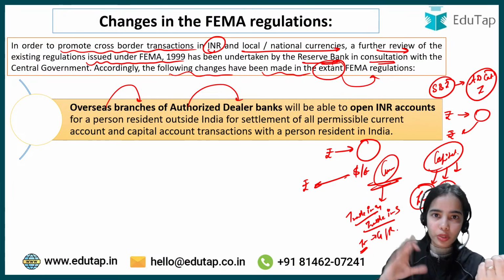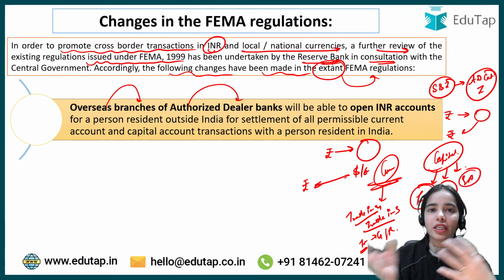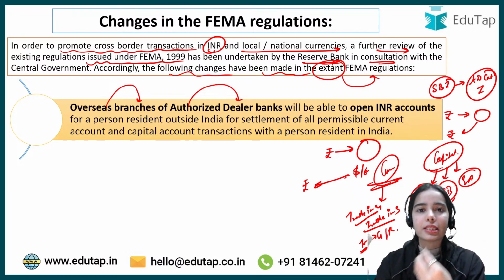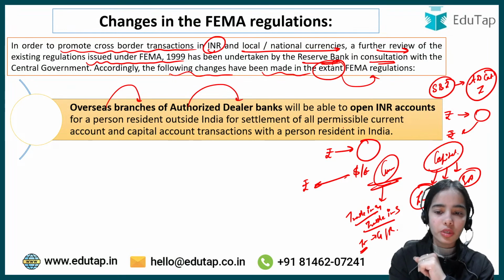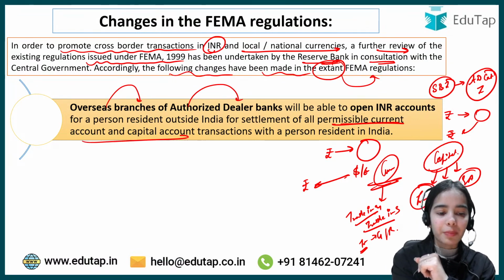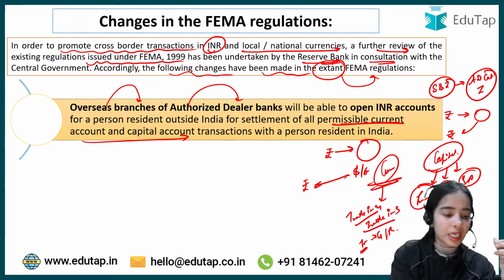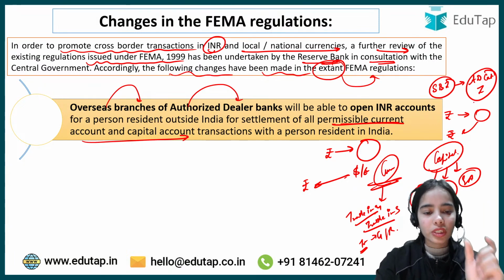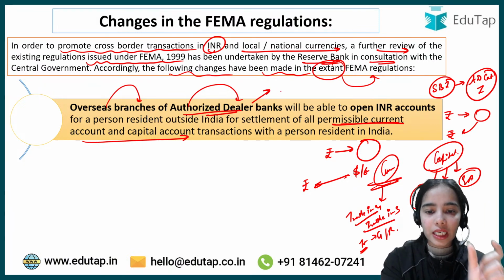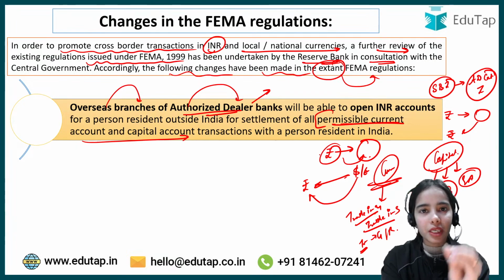So we borrow from outside, the outsiders borrow from our country. External assistance is also provided to our country, or we provide external assistance to the countries that are in need. Okay, so these are the permissible current and capital account transactions that happen at the cross-border level. Now the State Bank of India, let's say it is an authorized dealer category 1 bank. So authorized dealer banks are allowed to convert rupees into other currencies and other currencies into rupees for permissible current and capital account transactions.